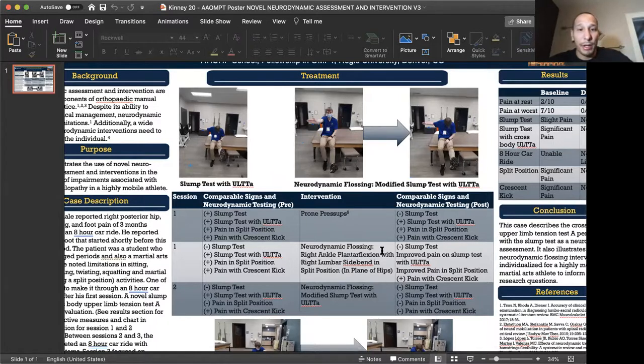I mean, look at that middle picture. That's basically one arm on the wheel and that left foot on the gas pedal. That's tractioning. You're putting tension through that nervous system driving. And if someone who has pain driving and can't sit in a car for a while because things flare up, well, how about we test out some neurodynamics and some combined positions, as you were saying, to clear some stuff